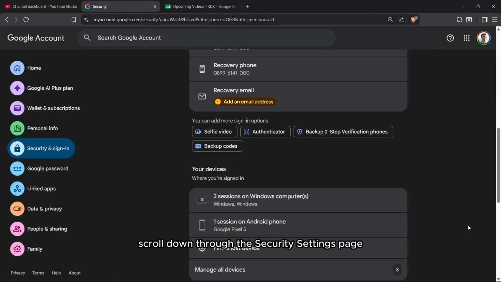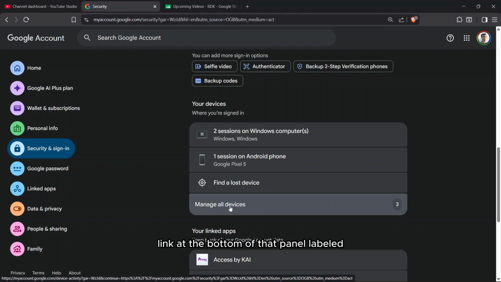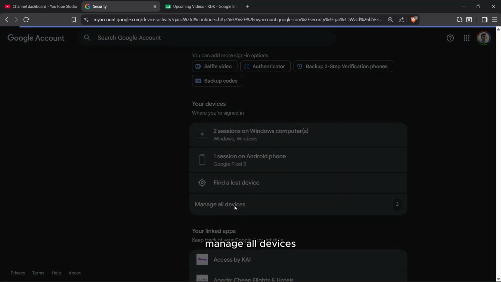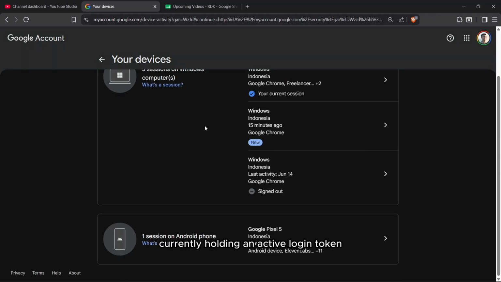Scroll down through the Security Settings page until you locate the dashboard section labeled Your Devices. Click directly on the row link at the bottom of that panel labeled Manage All Devices. The system interface layout will instantly display a complete list of every phone, tablet, and computer session currently holding an